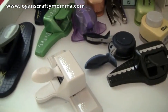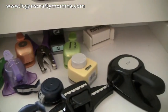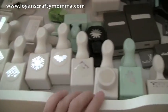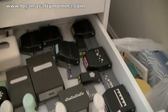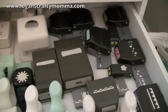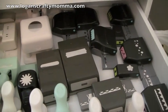This is where I keep some of my punches. Well, I keep all my punches in here. I have room to grow, because here's all my other punches. I absolutely love this. My mom was in here crafting with me, so some of my punches are...